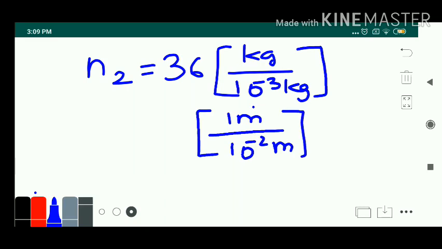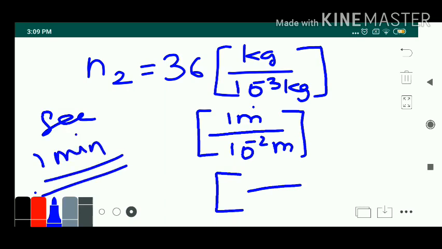Simple. Now the problem comes in time. The 36 units which has been given is in the SI system. Even if, in place of second, they are writing the unit of time in minute, right? So here T1 has to be written in what? 1 minute. Whereas in the CGS system the time is in seconds. So I have to convert this minute into seconds, or the denominator seconds into minutes. Either one of them is correct.